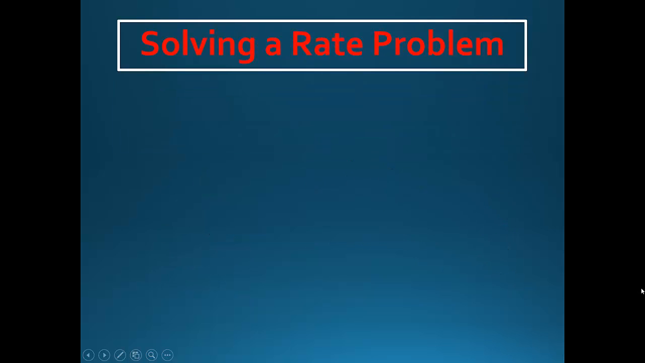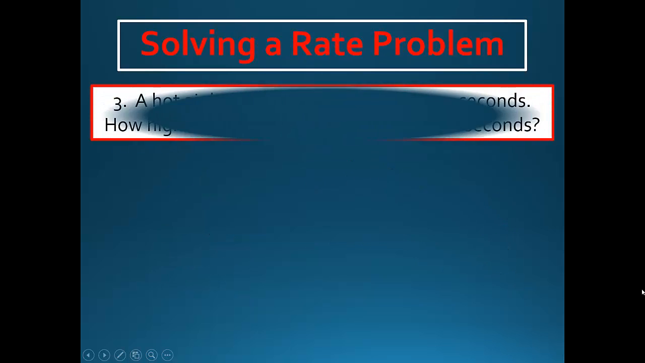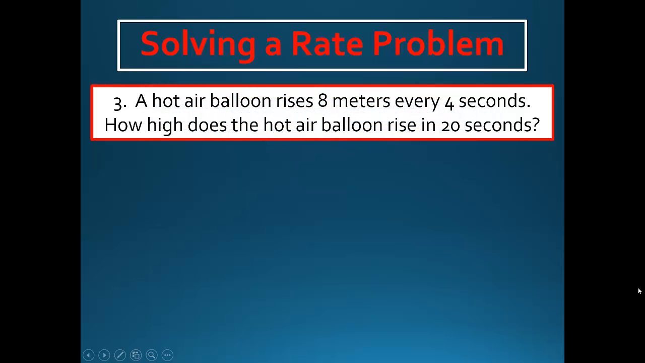Now we're going to look at solving a rate problem. So for number 3, a hot air balloon rises 8 meters every 4 seconds. How high does the hot air balloon rise in 20 seconds? We're going to use 2 different methods to solve this problem. First method we're going to use is a formula. We have the formula D